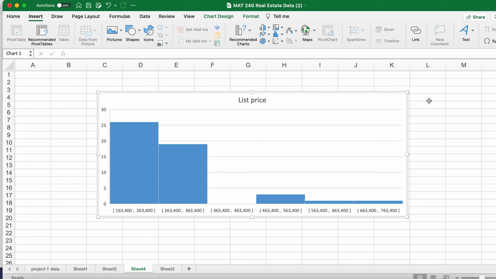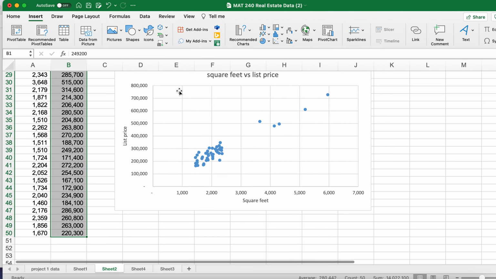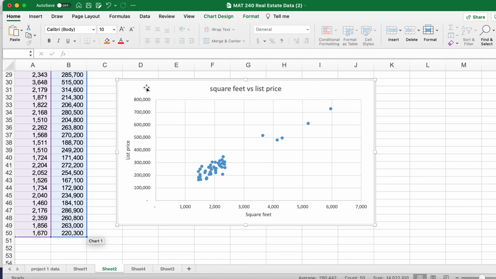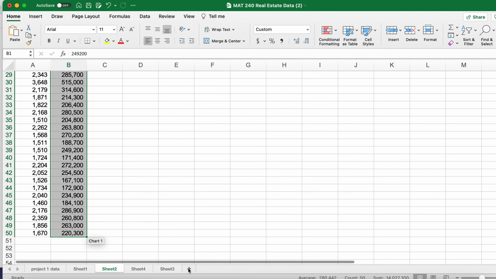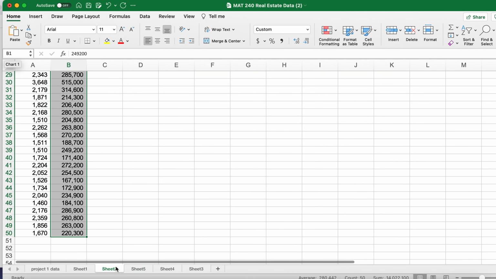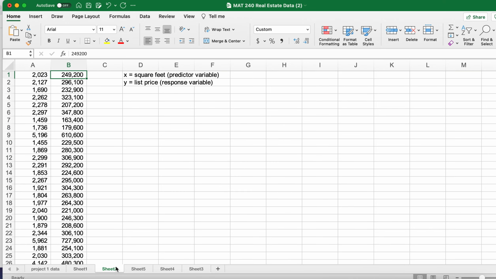Okay, let's go back to our instructions, data analysis. Create a table to show mean, median, and standard deviation for your two variables. Okay, let's go back to our data. Okay, I think I'm going to move my scatter plot somewhere else. So I'm just going to cut and paste it over here. Okay,